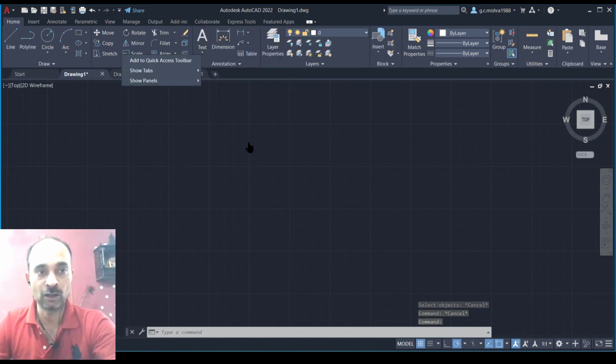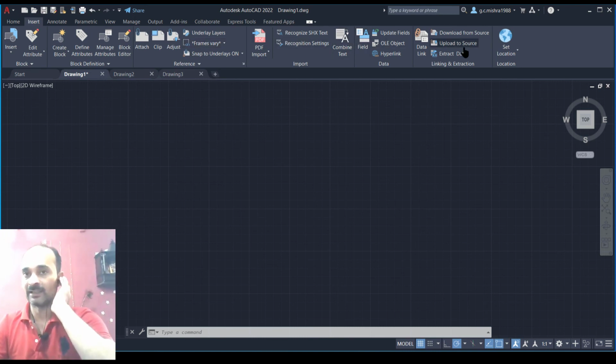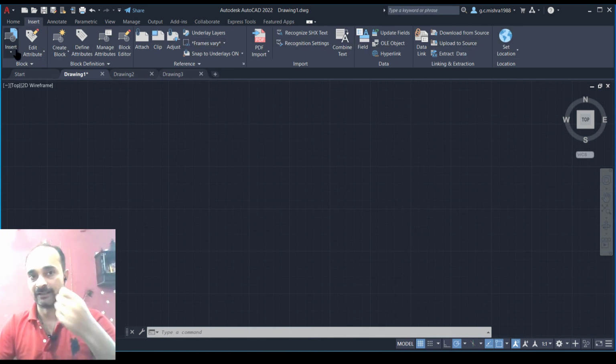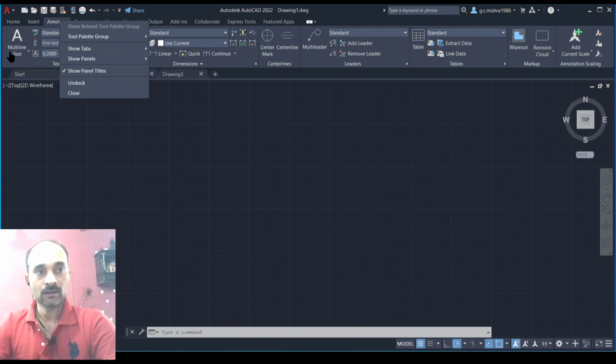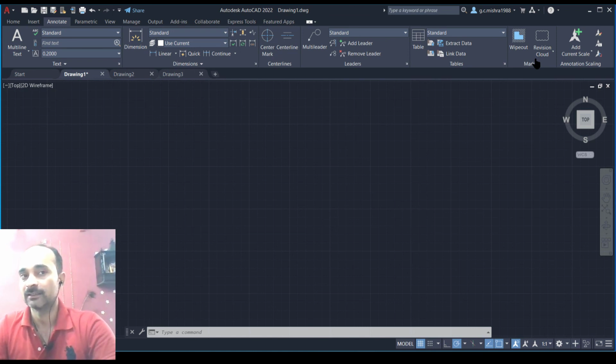I am moving all the tools to the docked position from where I have dragged them. So this is your basic primary set. If I switch from home tab to insert tab, then you will get different sets of palettes. And if I switch to annotate, then I will get different ones.